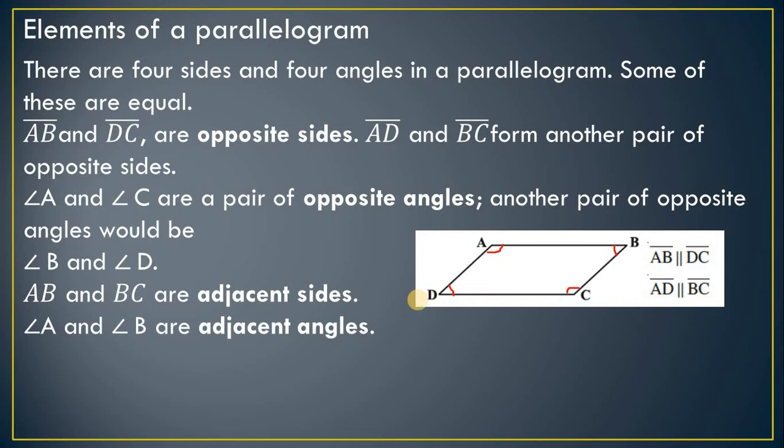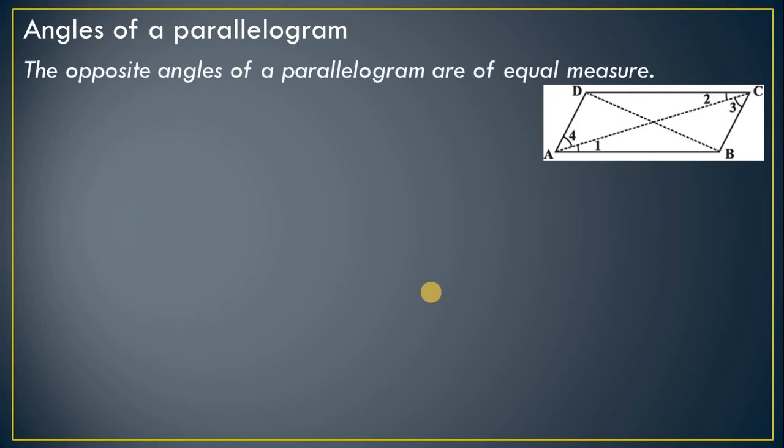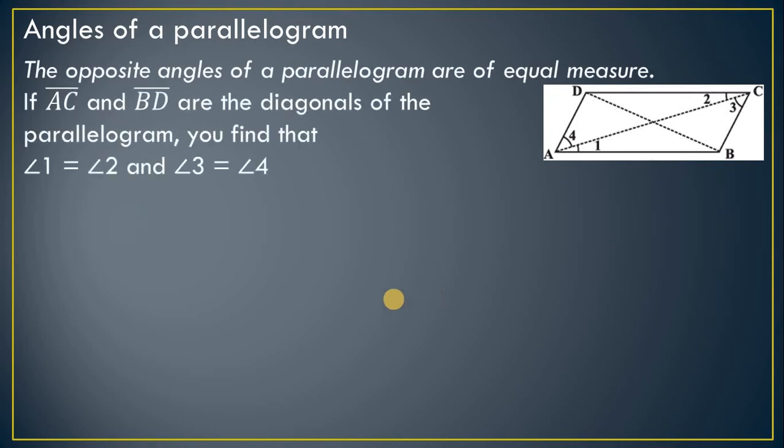A and B are adjacent angle. A and B, these are the adjacent angle. They are nearer. Here if you take the B, adjacent angle is C, or you can say B and A, they are adjacent. D and A also adjacent. So it is not limited. The law of parallelogram that now we will see. Here AC and BD, these are the diagonal of parallelogram. So here we will see the concept of opposite angle.